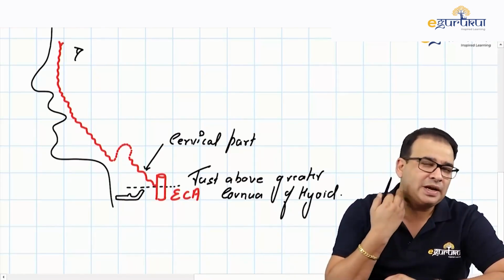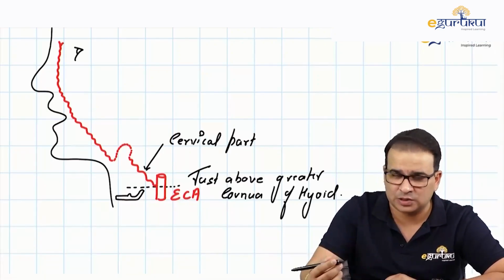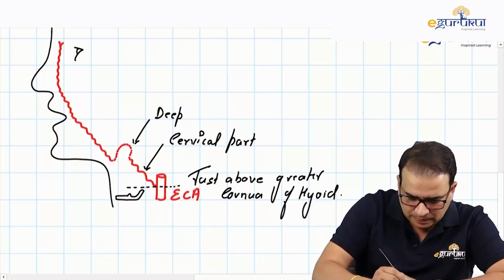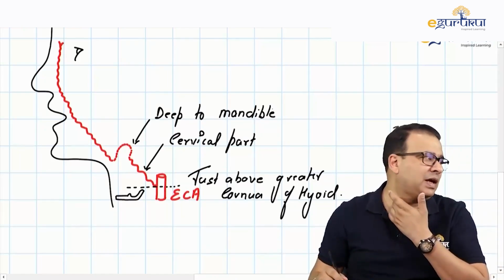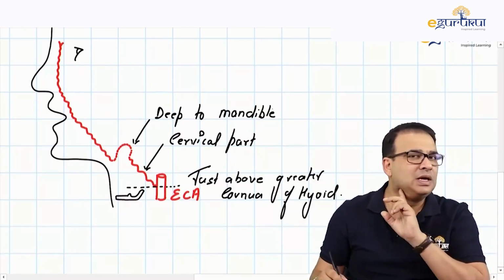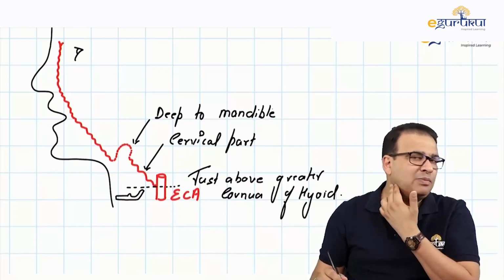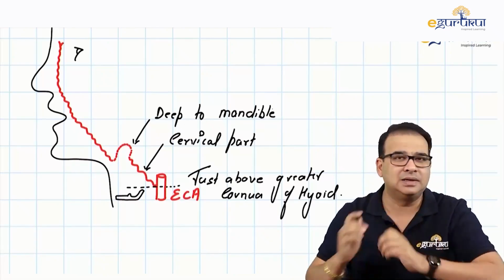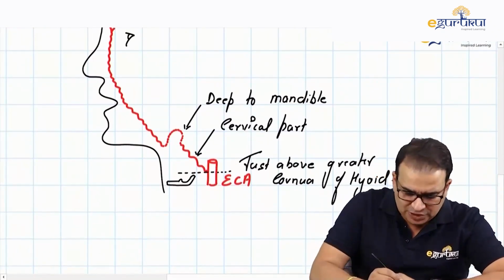And as I said, from the neck region, it goes deep to the angle or the ramus of the mandible, where it gives off branches to the submandibular gland also. So if I point it out, guys, this point here is deep to the mandible. So it's not that the facial artery coming from the neck region directly enters the face. It first goes deep to the body of the mandible, the angle of the mandible in fact. When it goes deep to the angle of the mandible, it is situated between the mandible and the submandibular gland, where I said it supplies the submandibular gland. And then the facial artery emerges